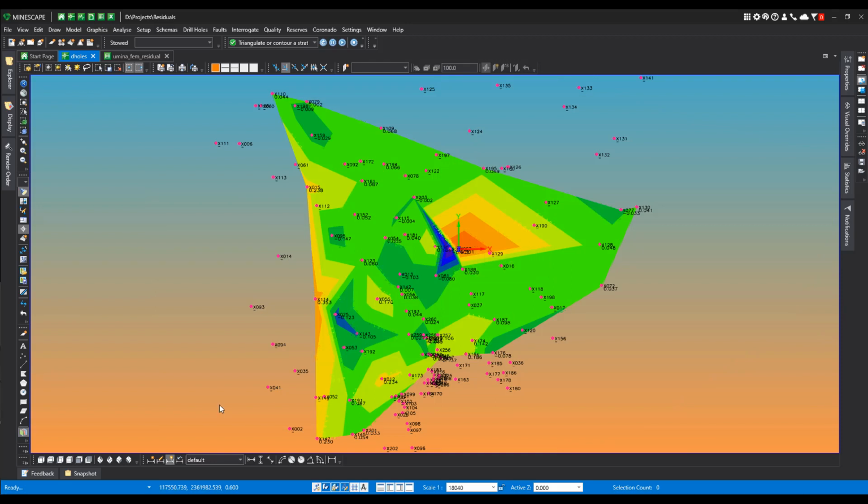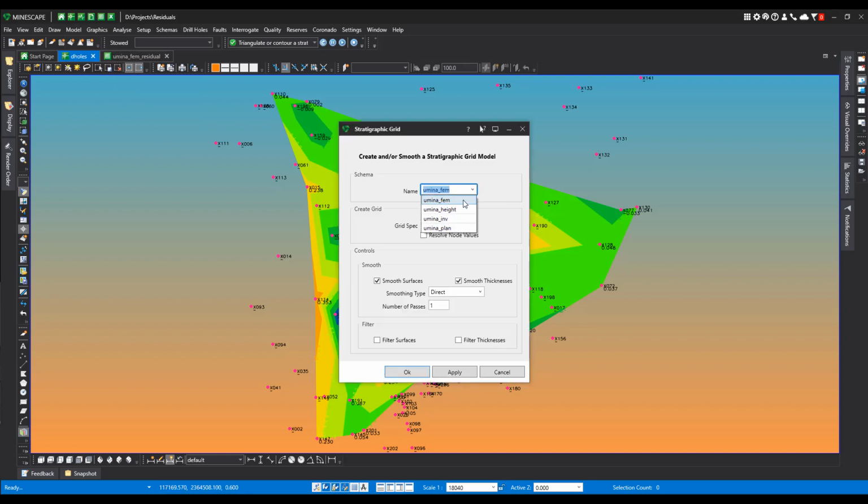Now we might want to look at our structure contours for each of our intervals. So to do that, we might want to also create a grid model from that outside of a table model. So to do that, model geology grid, and we're just going to go down through each one of these. I got a grid spec available for that. We're not going to smooth the FEM, it's pretty smooth already. Hit apply, and then we're going to go to height, and not going to smooth that either. Hit apply. And we're creating these grids, inverse distance, I'm not going to smooth that either, apply, and then finally